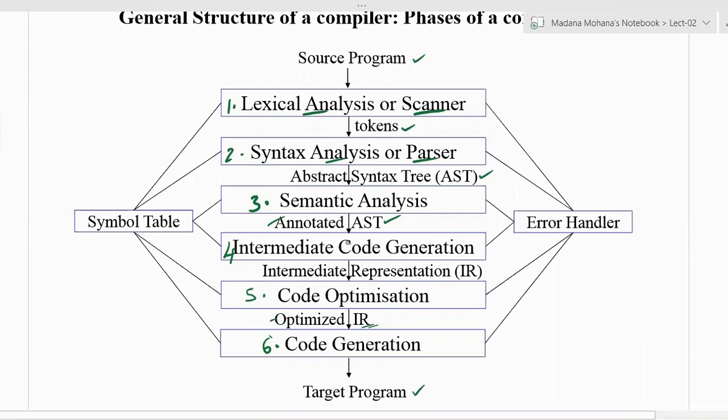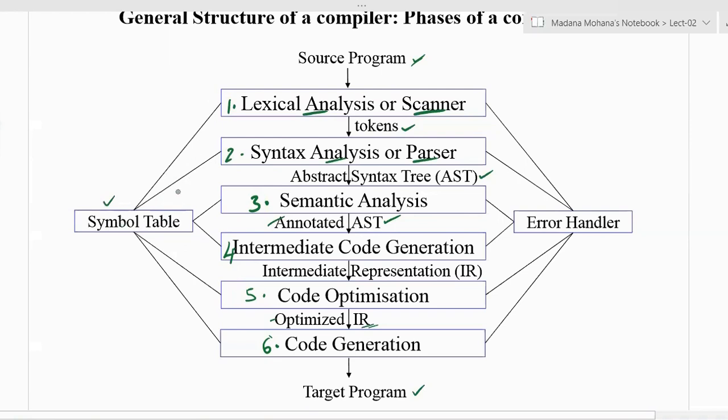All phases are interconnected, so one phase output will be the next phase input, and so on. It takes the source program first, then produces the target program. Then in addition to the 6 phases, one data structure, which is called a symbol table, is connected to all phases. Here you can see.